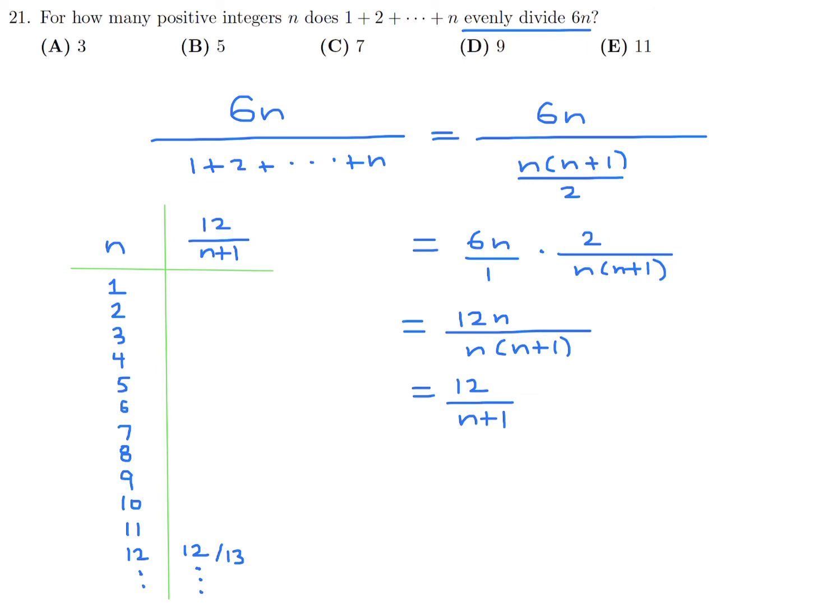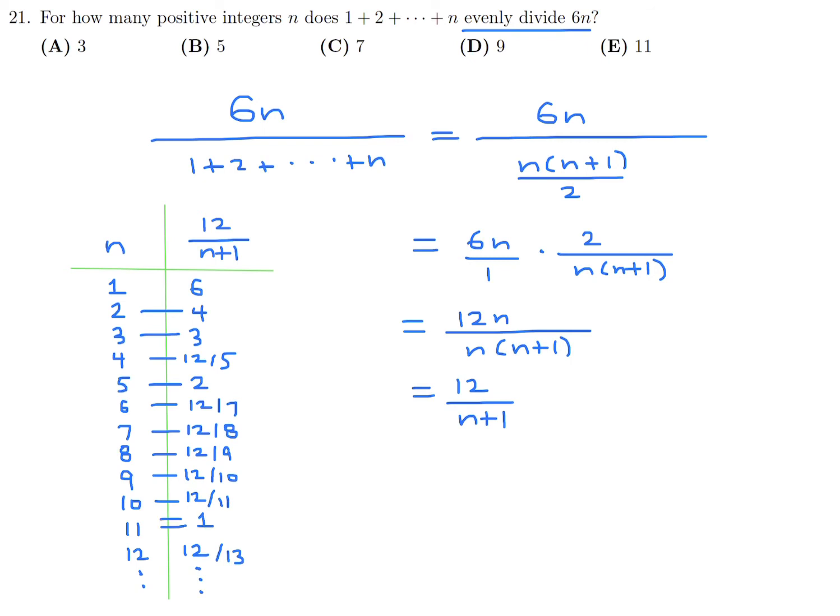All right, n equals 1, we get a value of 6. When n equals 2, we get a value of 4. When n is 3, we get 3. When n is 4, we get 12 over 5. When n is 5, we get 12 over 6, which is 2. When n is 6, we get 12 over 7. Then 12 over 8, 12 over 9, 12 over 10, 12 over 11, and finally we get 12 over 12,